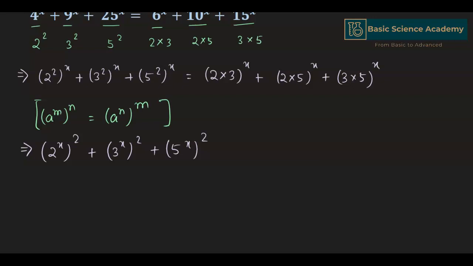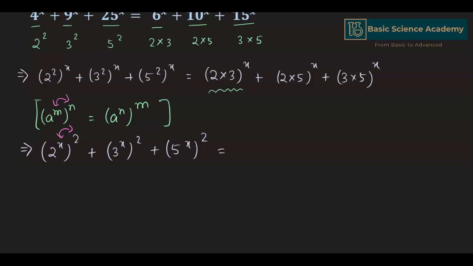Here we just flipped the values of m and n, which are 2 and x. This equals to,